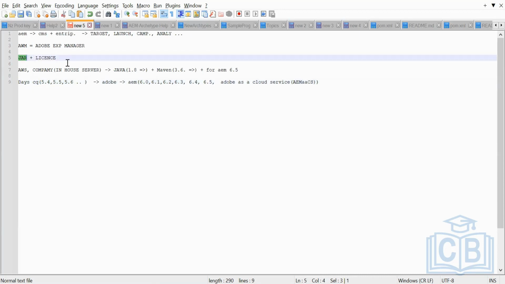Okay, it's not that the same jar will work. It will have an altogether newer jar. The license file will remain the same because the license file contains a unique key that will remain the same, but the jar will get changed. So Adobe will provide you with a newer jar, the 6.5 jar, and then you have to do a